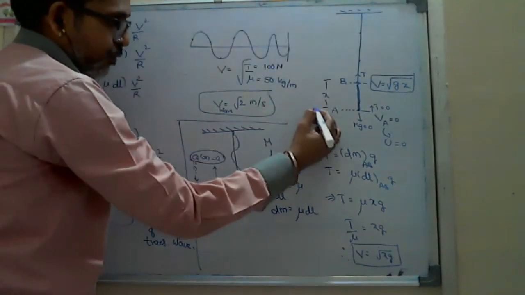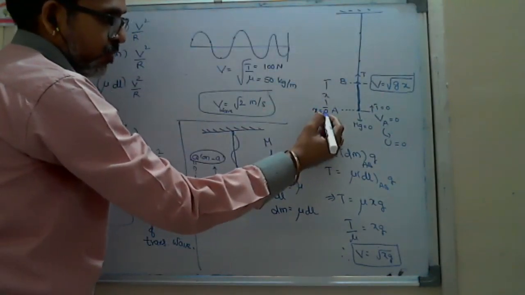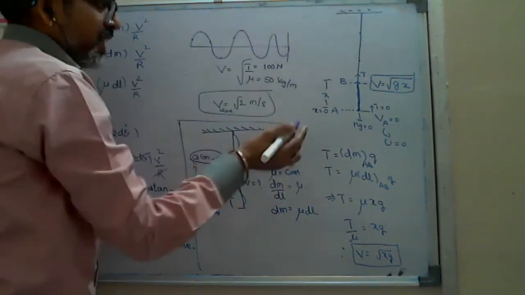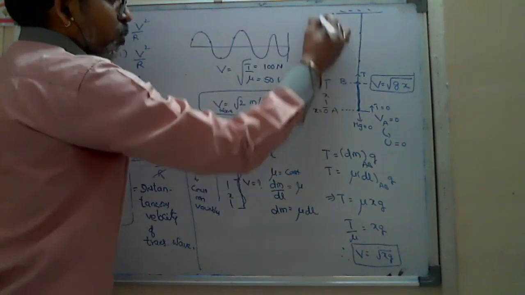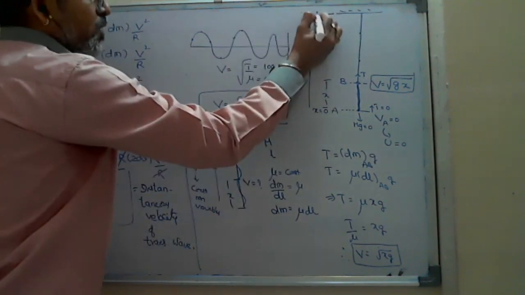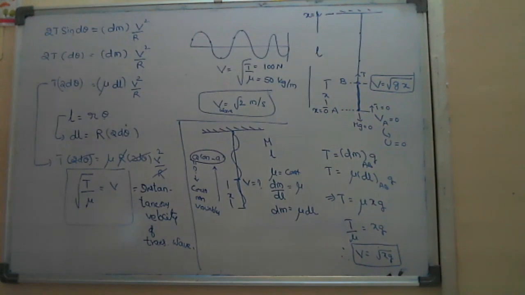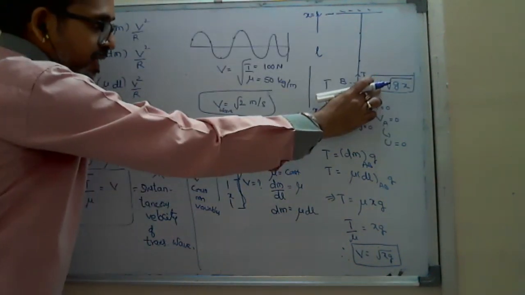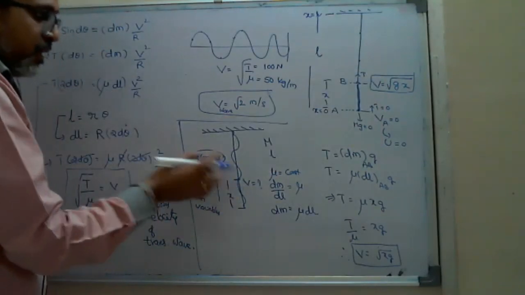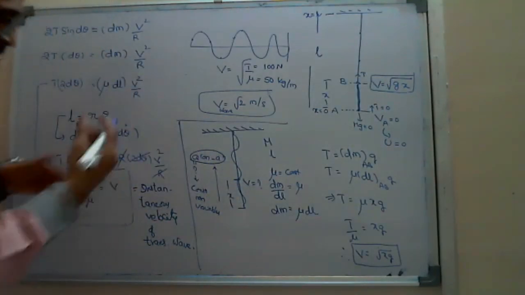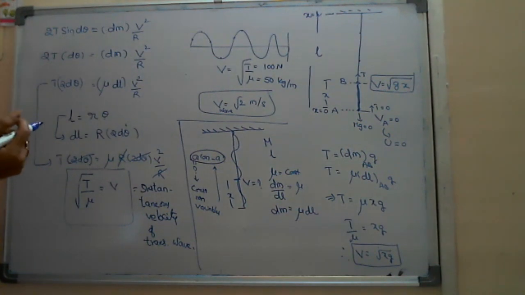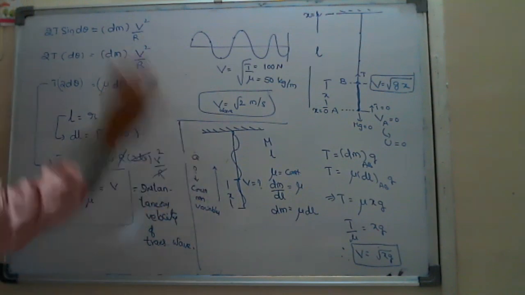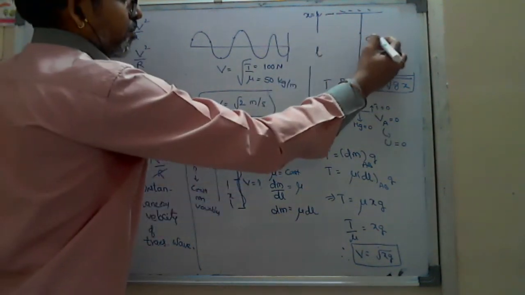You are measuring x from A by putting x equal to 0 here. That's why VA equals 0 there. From here, x increases up to the end, where the total length is L, so x should equal L. So x is increasing, which means velocity should increase. Is it accelerating or decelerating? Accelerating, sir. It is not decelerating. First question is over. It is accelerating.